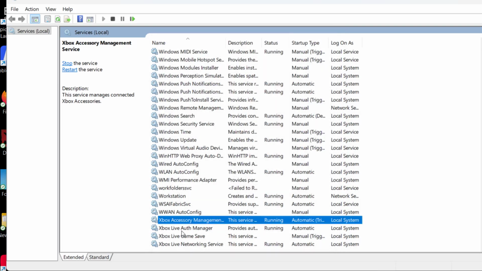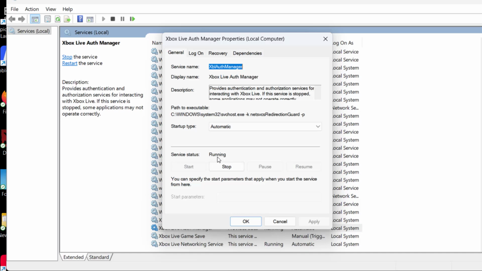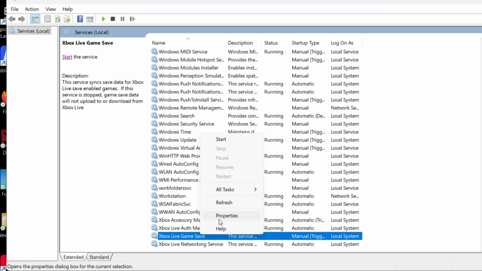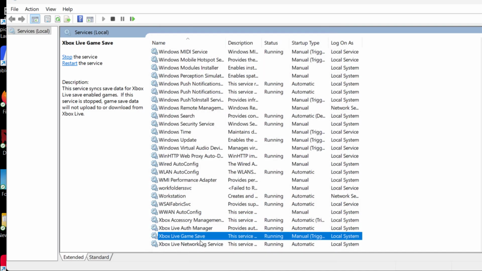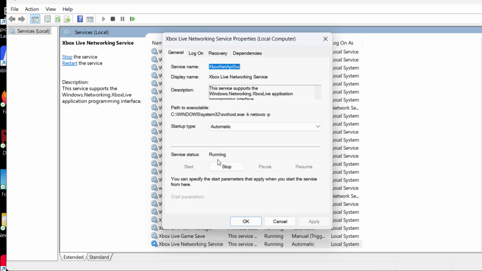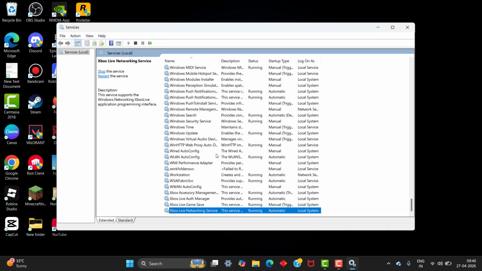Apply and click OK, and go to the second, properties, automatic and running mode, click OK, and go to the third, properties, automatic or manual. This should be automatic or manual, but should be in running mode, and after that click OK. Then go to Xbox Live, go to properties, then automatic and running mode, then click OK. After that go back,